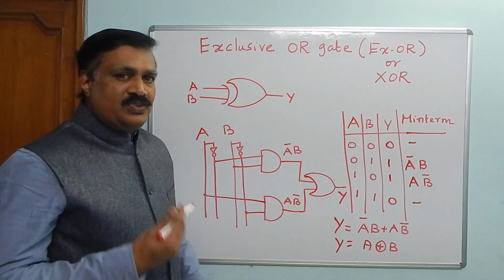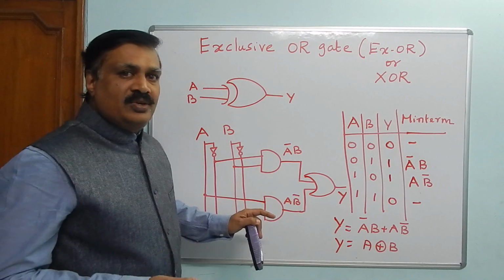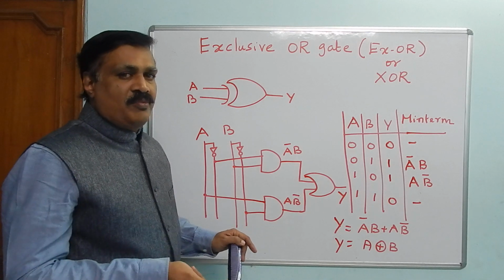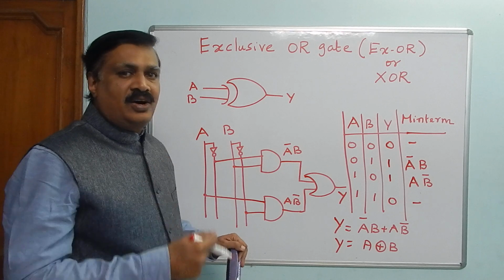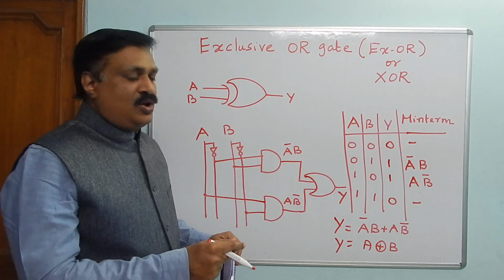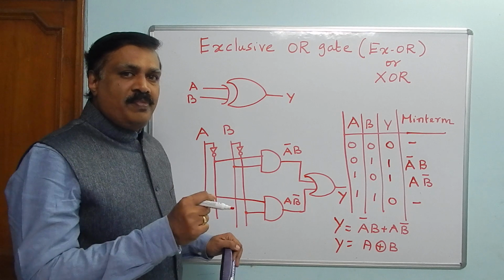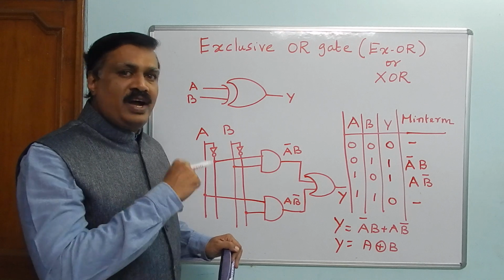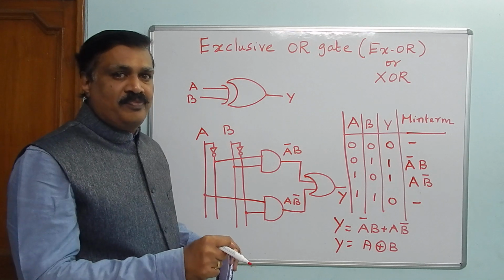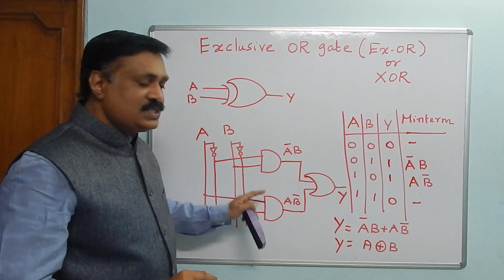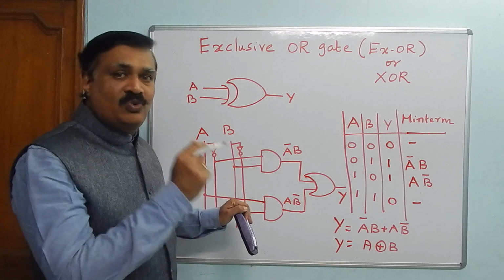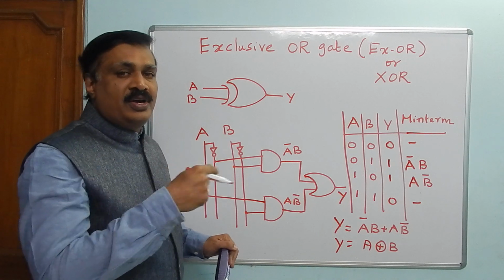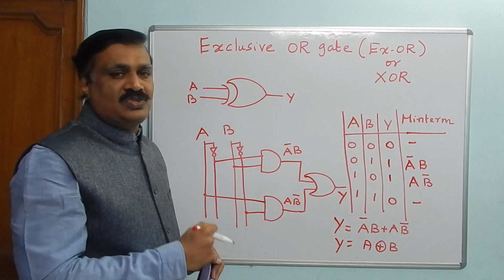Now we have to design this XOR gate using NAND gate as well as using NOR gate only, because both NAND and NOR are universal gates. In exams they ask to design a half subtractor or half adder using NAND gate only. For that we use this XOR gate, that means using NAND only. If you understand this, you can easily draw the half adder or half subtractor circuit.